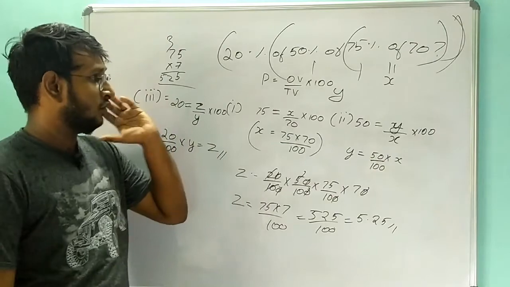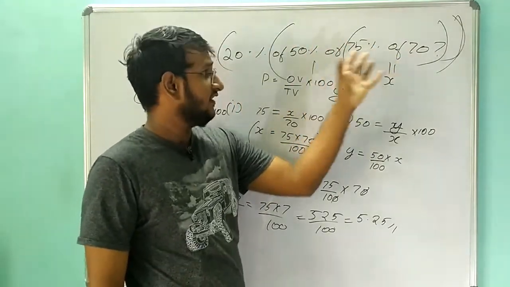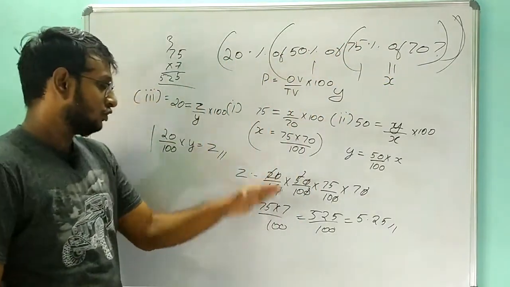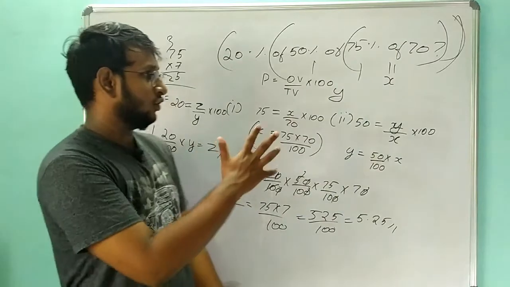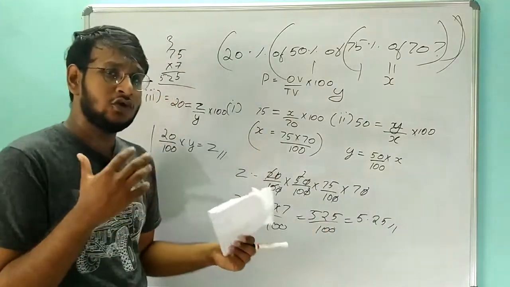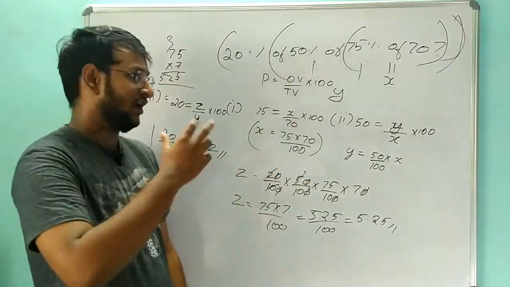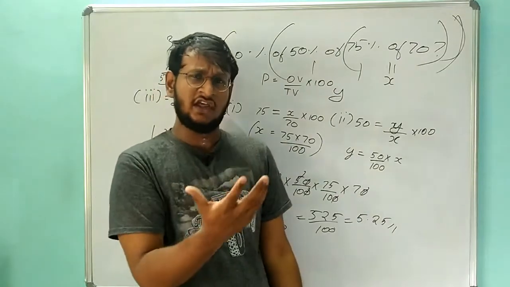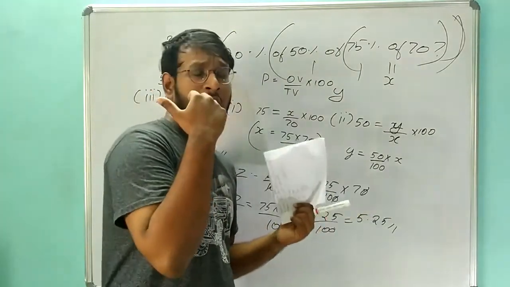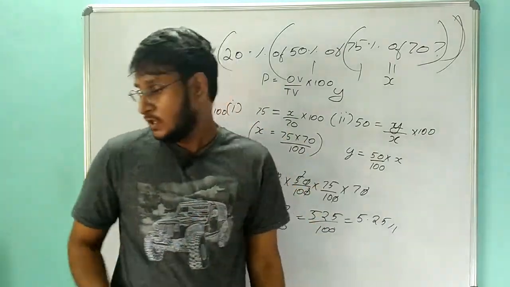So remember this, we are dividing the whole question into segments, that is x, y, z, and we are calculating it. So that's it. So this is the second question. So try to practice as many types of questions as you can, okay? Such questions are very, very interesting, and you can pick an aptitude book, any reference book that you are using. So try to practice as many different types of questions as you can, okay?